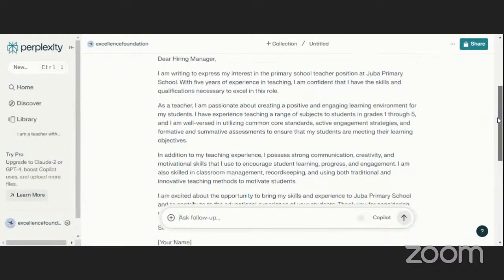Dear hiring manager, I am writing to express my interest in the primary school position in Juba Primary School. 5 years of experience in teaching, I am confident that I have the skills and qualifications necessary to excel in this role. As a teacher, I am passionate about creating a positive and engaging learning environment for my students. I have experience teaching a range of subjects to students in grade this to this, and I am well versed in utilizing common core standards, active engagement strategies, and formative and summative assessments to ensure that my students are meeting their learning objectives.